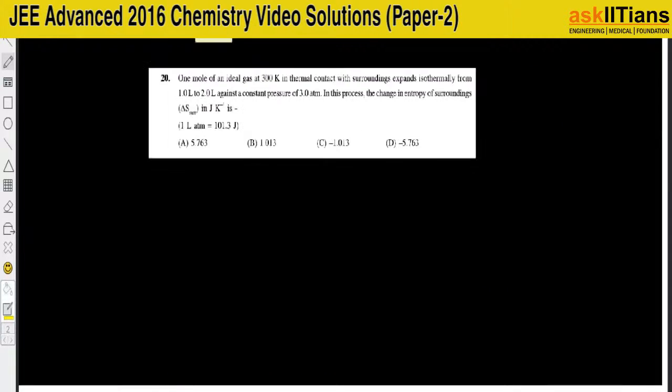If I look at the next question: 1 mole of an ideal gas at 300 Kelvin in thermal contact with surroundings expands isothermally from 1 liter to 2 liter against a constant pressure of 3 atmosphere. So what is the entropy change of the surroundings in joules per Kelvin? Also you've been given that you can use 1 liter atmosphere in terms of joule energy, that is